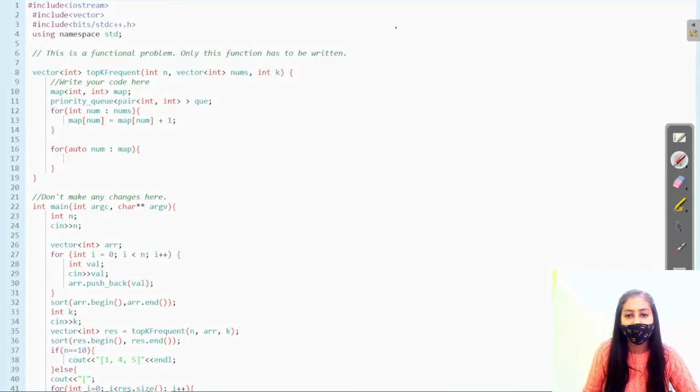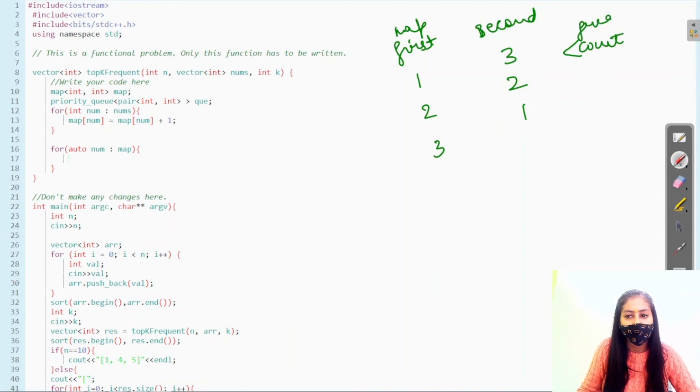Here you can see that in the map, at the first place, that is the key, all the elements are present. At the second place, that is the value side, all the frequencies are present, that is the counts. So 3 times, 2 times, 1 time. In the pair we have to put the count first, that is the frequency first, and the value after that.